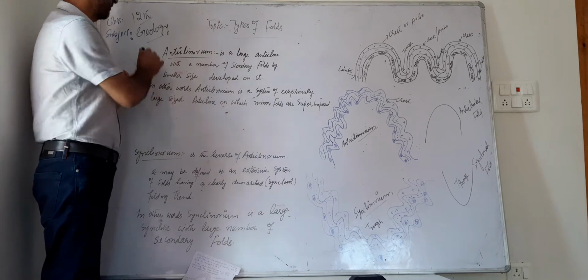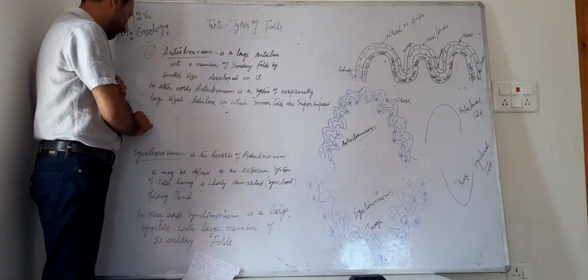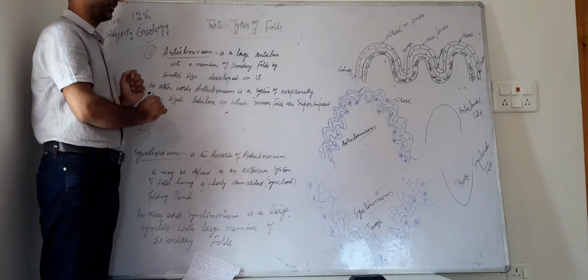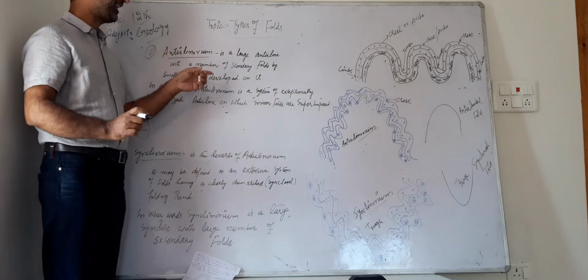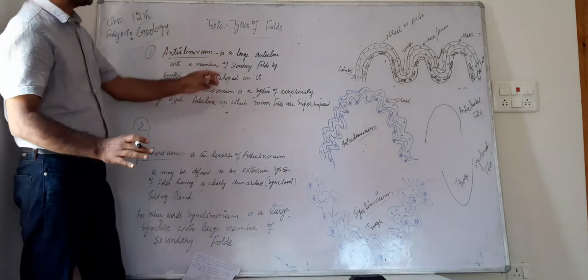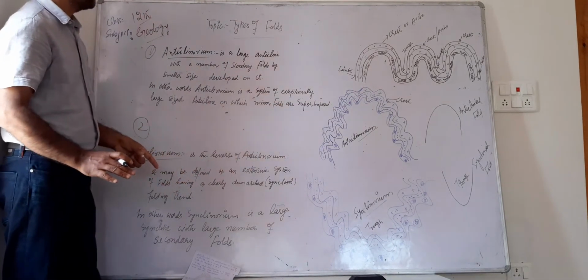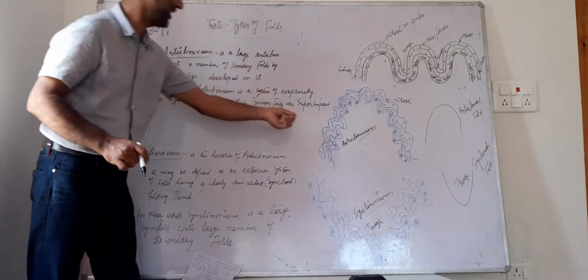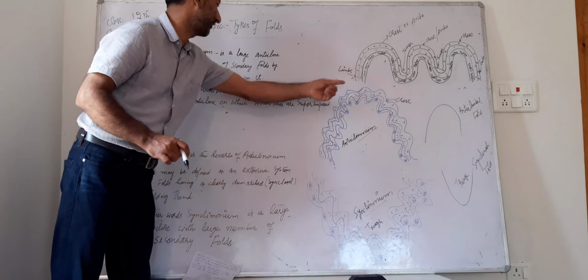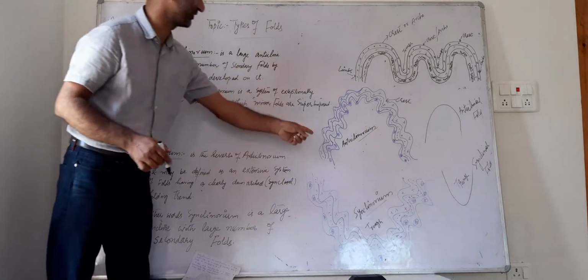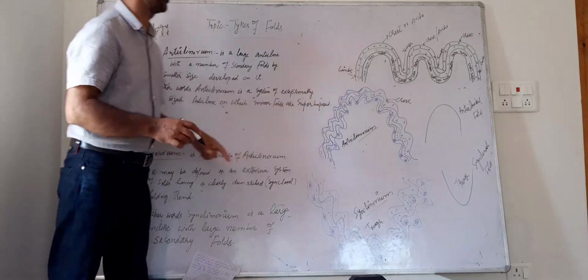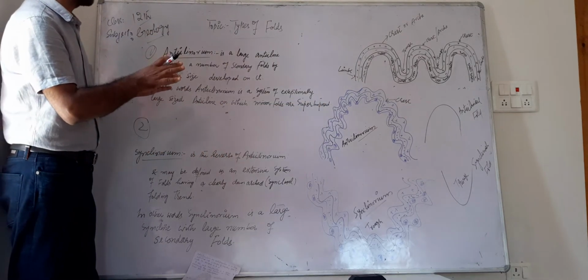So when we try to understand what is anticlinorium and then next is the synclinorium. These are the two types of folds, anticlinorium and synclinorium. An anticlinorium is a large anticlinal, just like anticlinal fold, but it has a number of smaller folds, secondary folds, which developed within one fold. So only the difference is